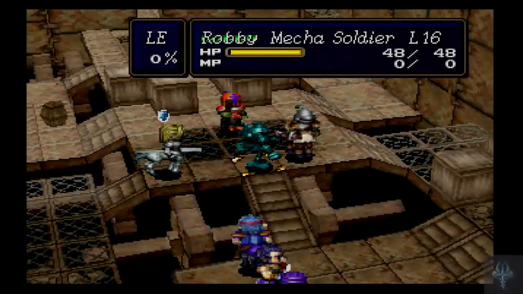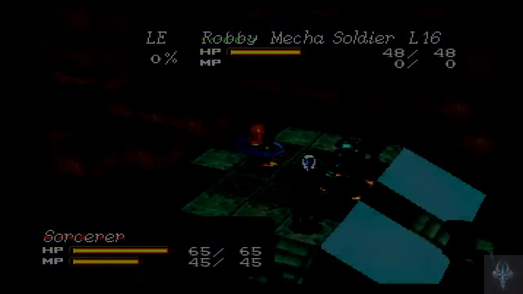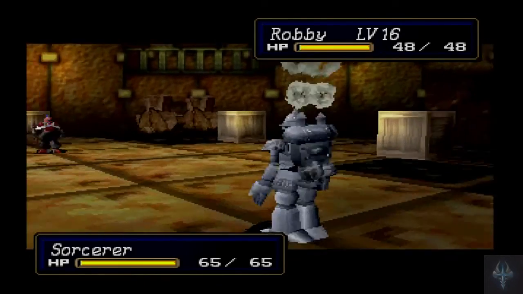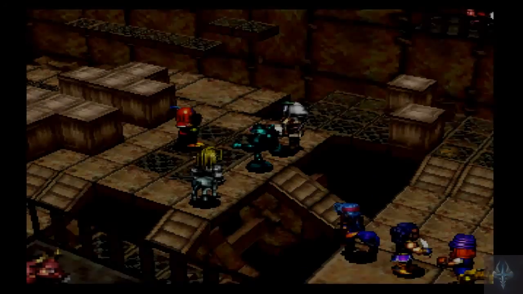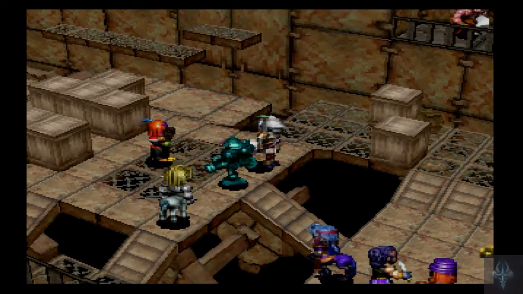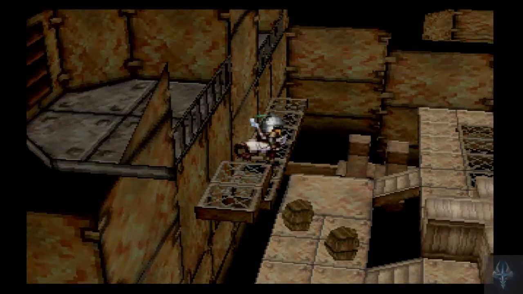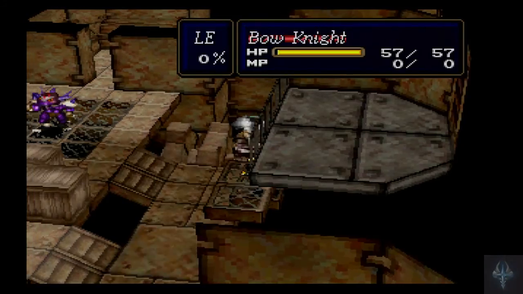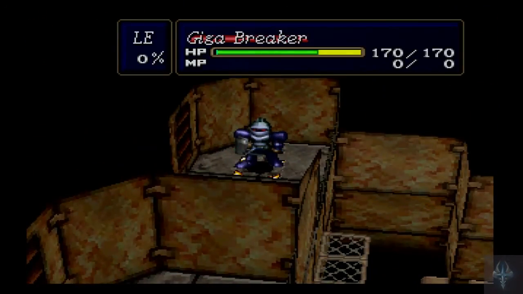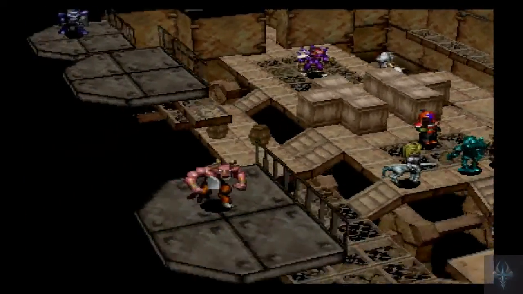Alright, I am going to take out the Sorcerer, because the Sorcerer needs to be stopped. He is a threat. Why did you not move? Okay. And now that we've engaged Garvin, the troops on the balconies are going to start jumping down and making their way toward us. So...